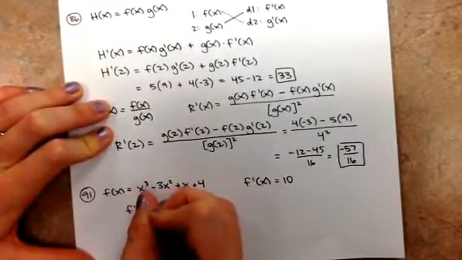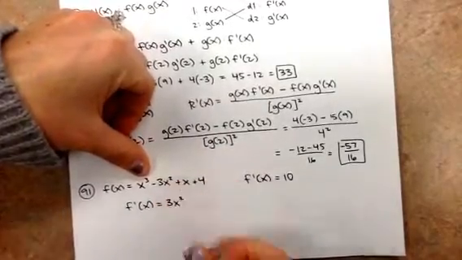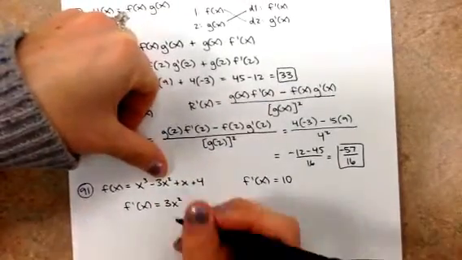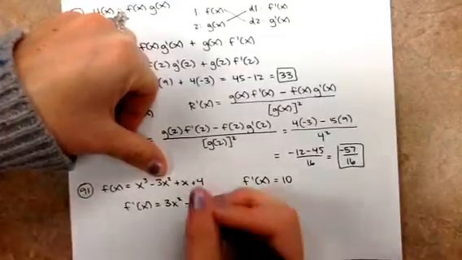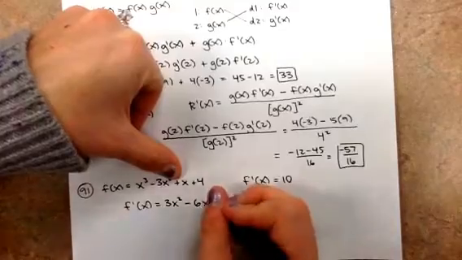So f prime, derivative here, the 3 comes out front. Subtract 1 from the power to get 2, minus 2 comes out front, it's going to multiply by the 3 that was already there, power drops down to 1, plus,